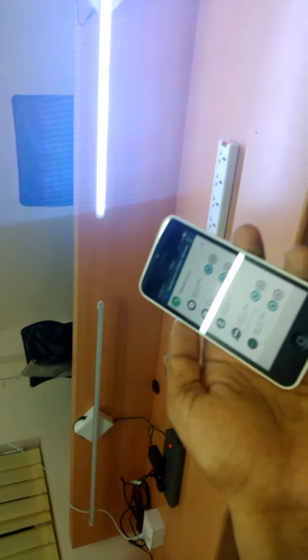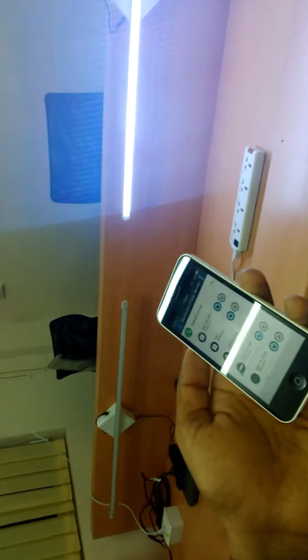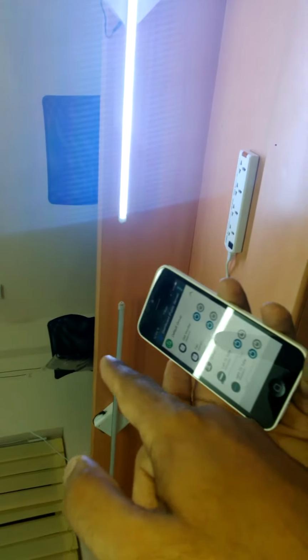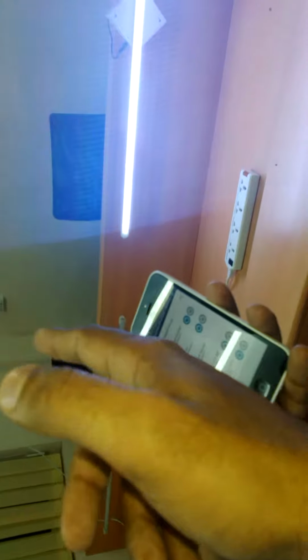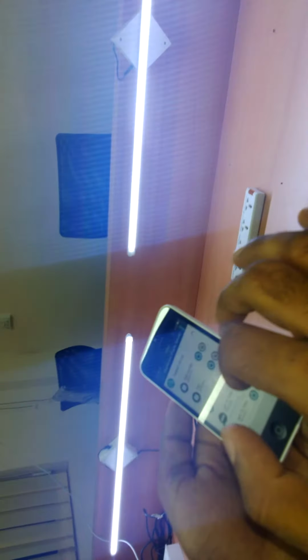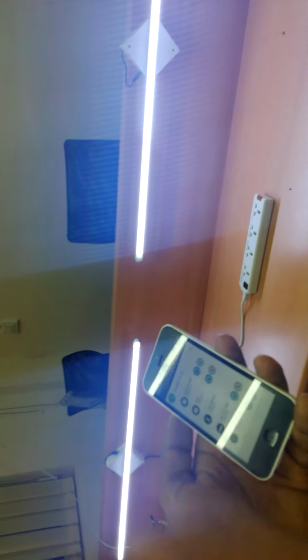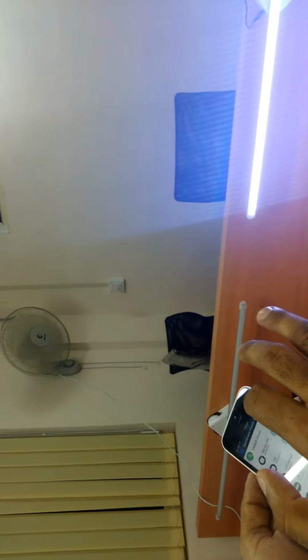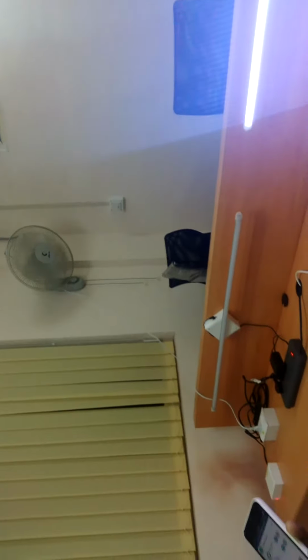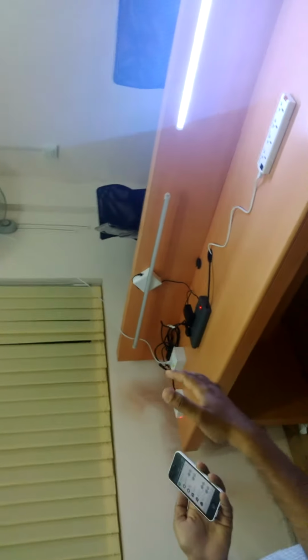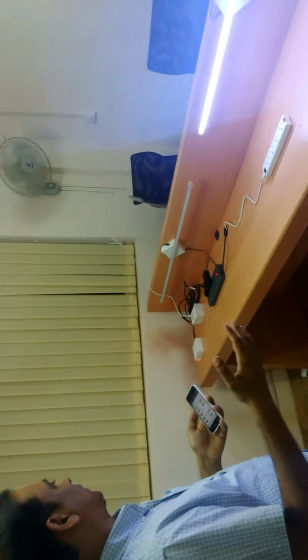But since it's associated with the ambient light sensor, the ambient light sensor immediately sent the command to turn it off because there is so much light around here. So you can see that it's going to get turned off. Meanwhile, I'm going to turn the fan on and the fan off. All of these devices also talk to each other and create a mesh, which I will demo in another video.